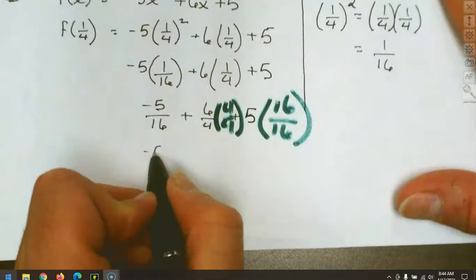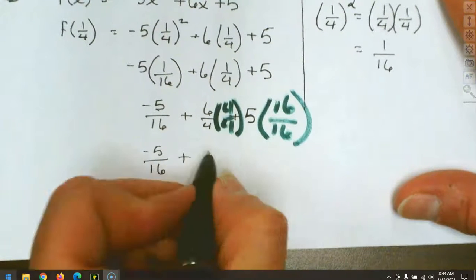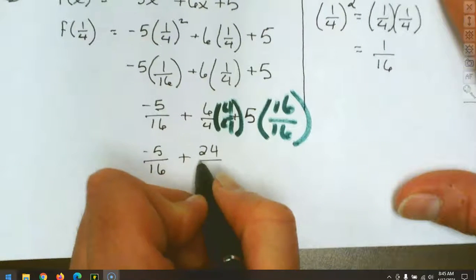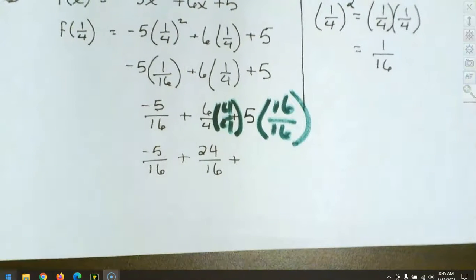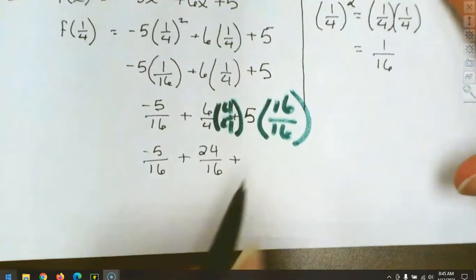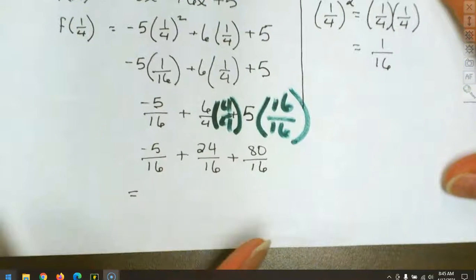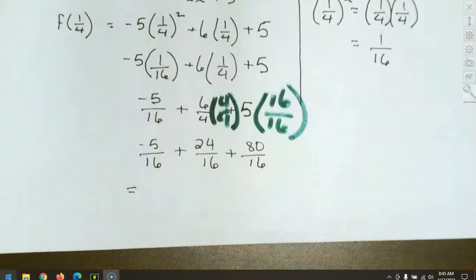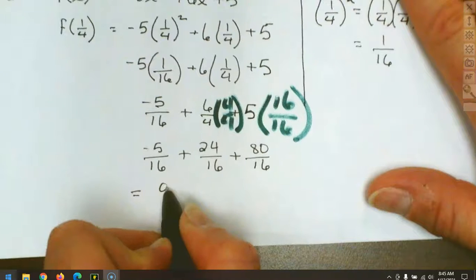So we have a minus 5/16. And we've got 6 times 4, that's a 24/16. And then we've got 5 times 16, which I believe is an 80/16. Now, they all have the same denominator, so they can simply be added together. So you have minus 5 plus 24 plus 80. Putting them all together, we get